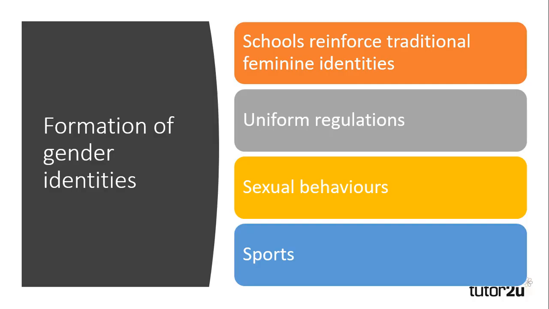Furthermore, double standards of sexual behaviour exist in schools as well as wider society. Boys are lauded for their sexual exploits as it reaffirms this hegemonic masculinity, while girls are discouraged from discussing or condemned for their sexual behaviours, something which mirrors wider social controls upon women and forms part of their gender identity. Sport is another way in which identity is formed, with gender differences in choice of sports and perceptions of girls who engage with sports an area of focus for feminists.